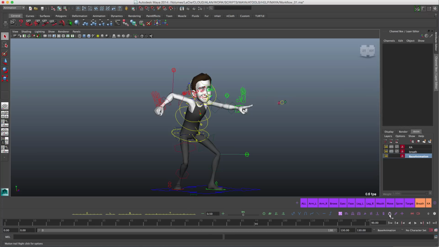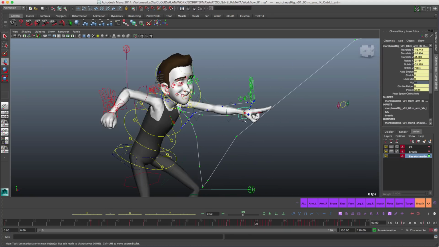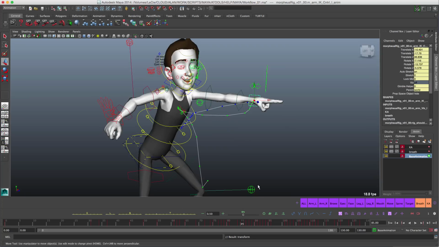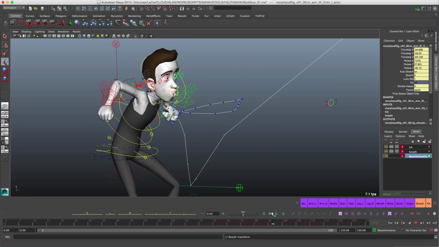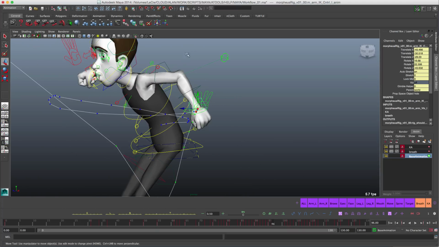That's it. So all the way up here you have this motion trail tool, which is good for tracking stuff. I can just select the controllers that I want and click. It's like a turn on off switch, and you can see it shows all the green keys are the previous keys, and blue keys are the next keys, and the red key is the current key. So you can see what's going on there, and it's kind of a faster, let's say, a motion trail that you can edit, and